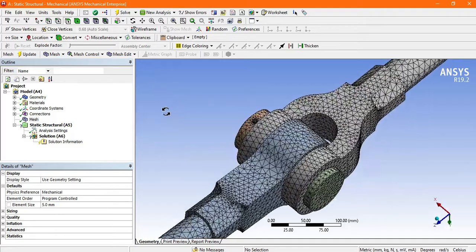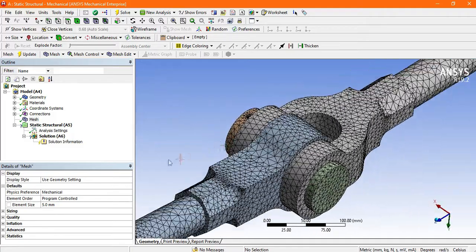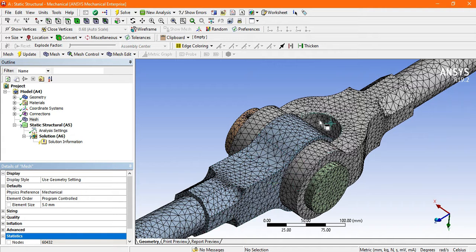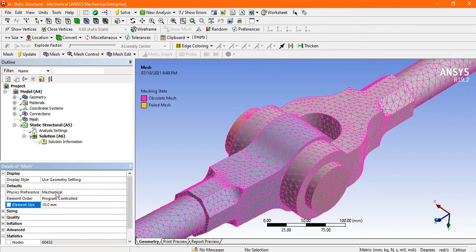Now see, the density increases. Initially go to the statistics to check how many nodes and how many elements. Just check here, the nodes are about 60,432 and the total number of elements in this model is 31,639. Suppose I change the element size to 10 mm and go to update.